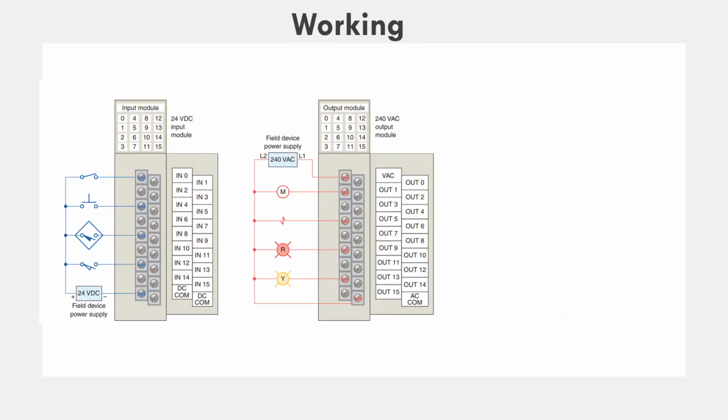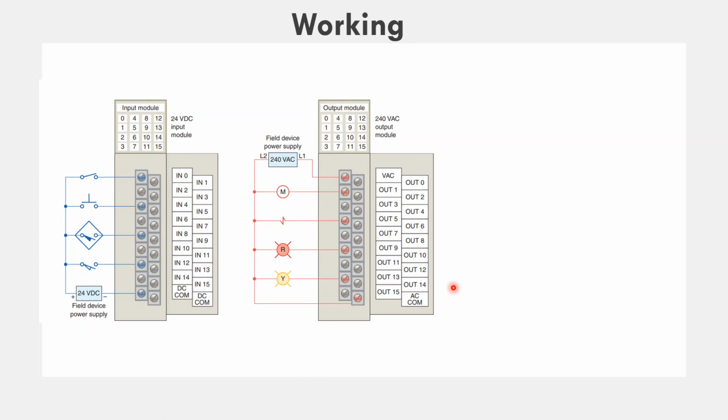Next is the working of the PLC. In the field, input and output have an amplitude of 24 volt DC, and analog signals also have a range of plus minus 24 volt, depending on the specification of the input module and the output module. We interface our inputs on the input module, and further these inputs are given through an optically isolated channel to the processor of the PLC.